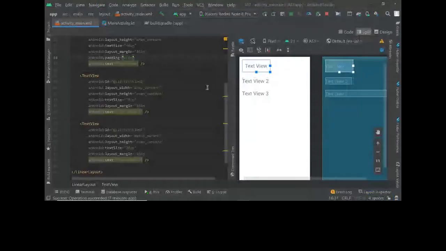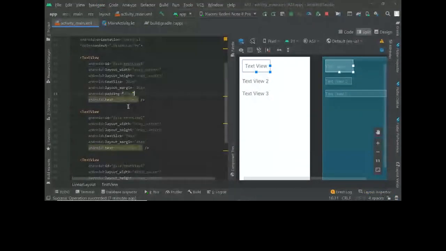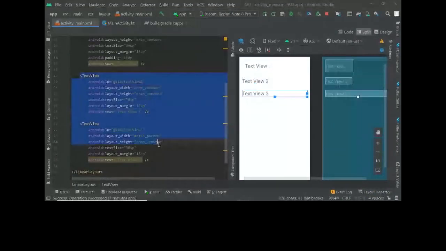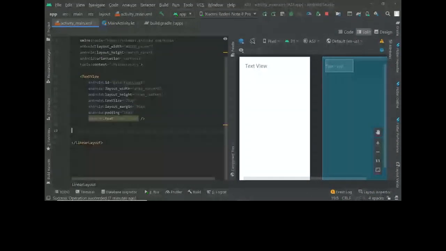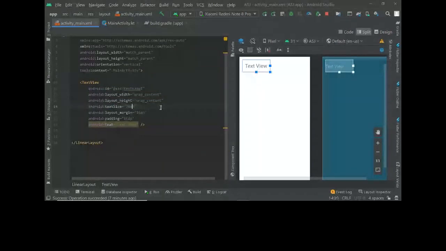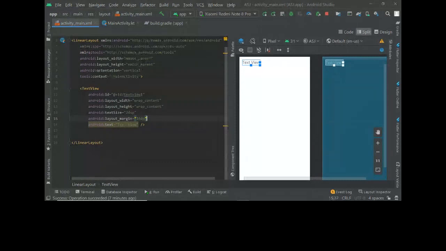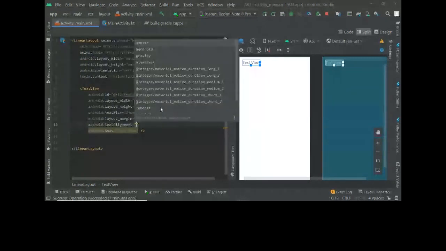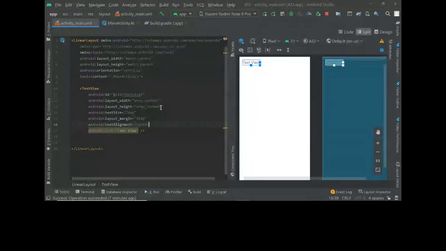It's pretty simple, but for that you need only one text view. Its size you can keep like 20, and 20 padding.